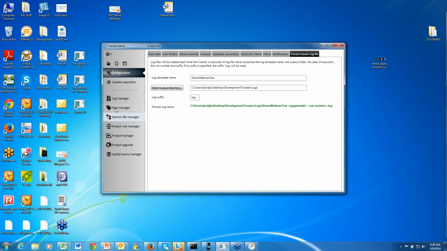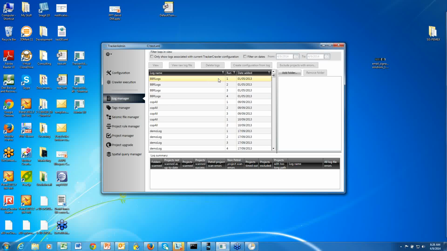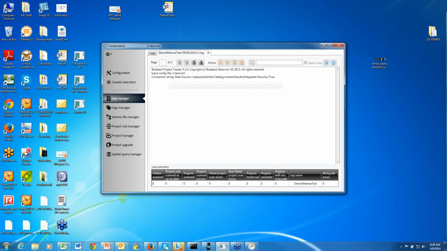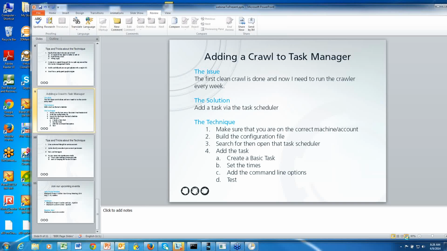We'll look at our log manager now, and we'll sort them by date added. And we see I've got my demo webinar test that we just added on today's date, and of course that'll be the first run. And we can click on our log, and sure enough, it went out and proved that we can connect to the database there. So with that, let me go ahead and get back into our PowerPoint and give you a few closing comments